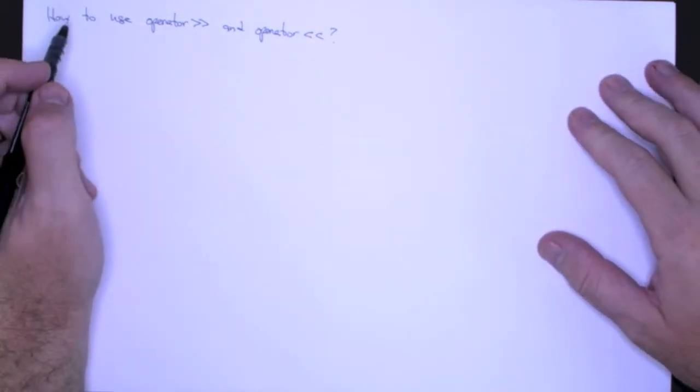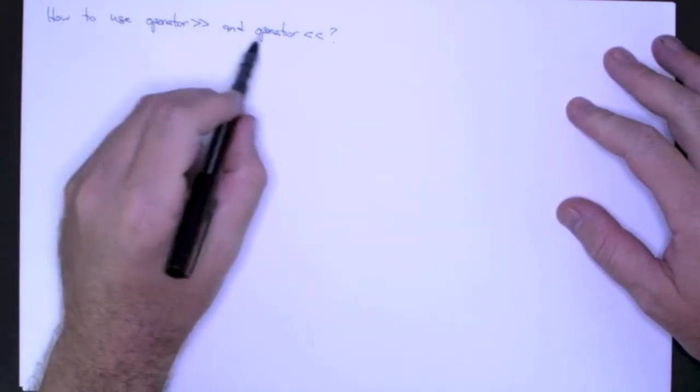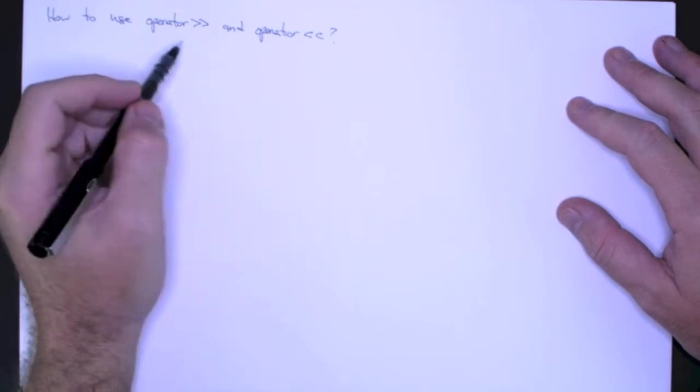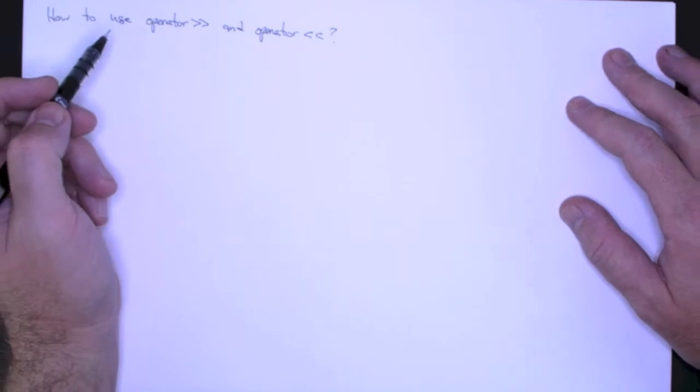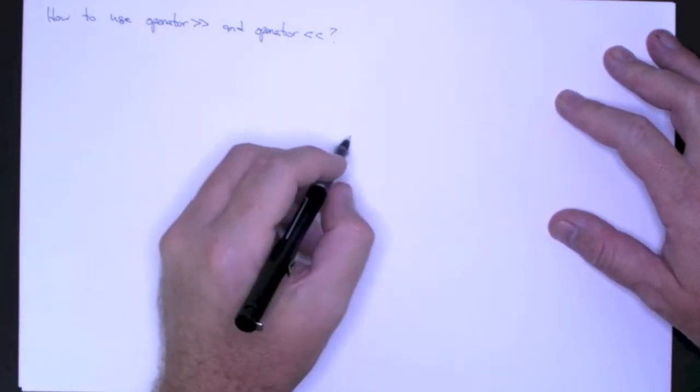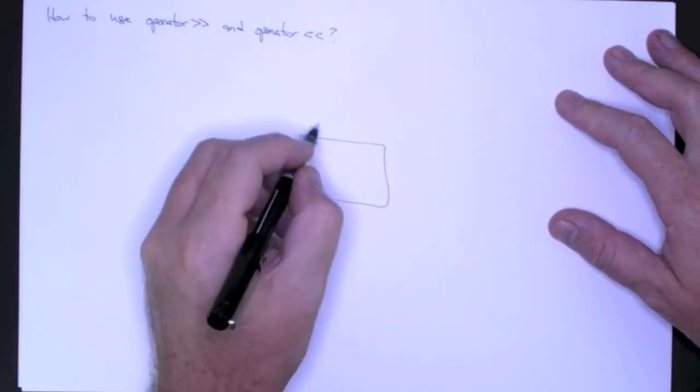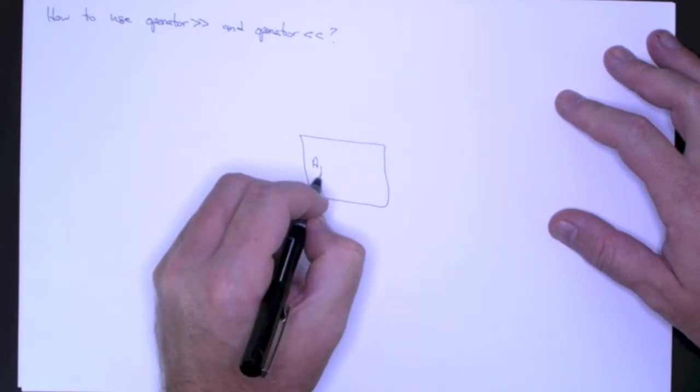So one of the things that confuses me is how exactly to use the stream extraction and stream insertion operators and what methods they should actually correspond to. So if you believe me about this